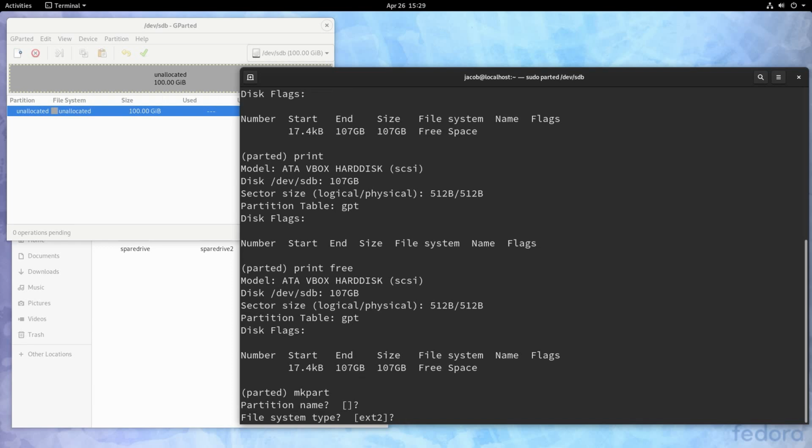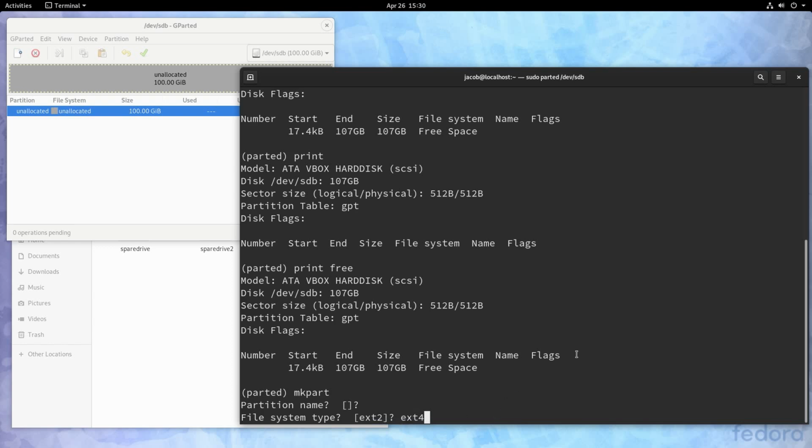File system type. Now it's interesting, instead of using hex codes like gdisk, Parted just asks you what file system you're planning on using. So we could type in ext4 here. Now the default is ext2, and remember gdisk only had a general Linux file system category. Parted in the background is still going to turn around and use 0x83 for the label on the partition, which is the same thing that 8300 in gdisk uses. And it's going to use 0x83 for the label whether you're entering in ext2, ext3, or ext4 here.